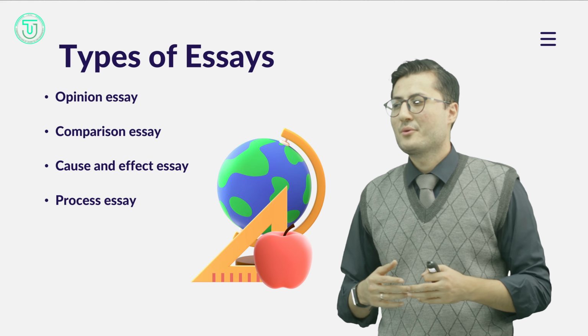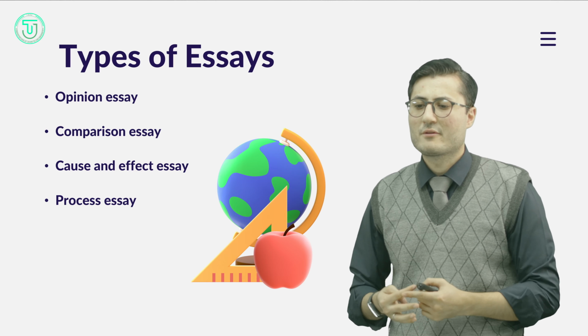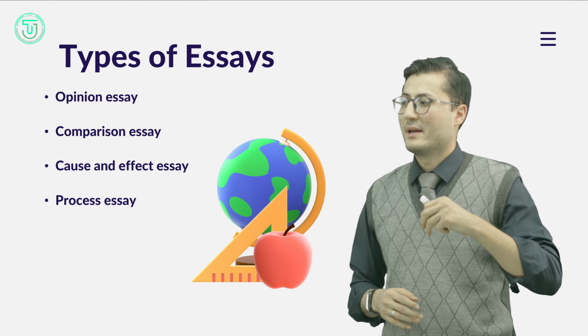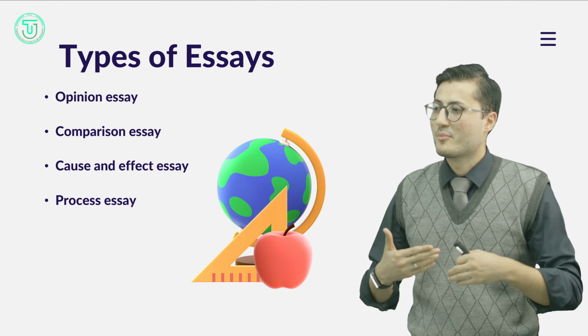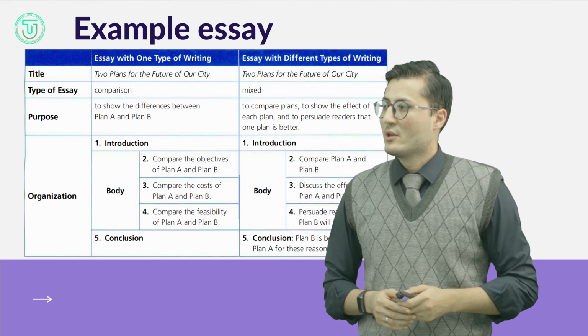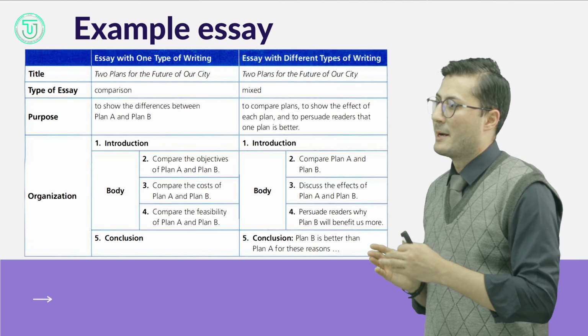So right now, in your essay, you should write down the first step. You should plant a coffee, and then you have to harvest, and so on. So in that case, you are expressing the process of how something is done. So now let's take a look at the example of an essay.